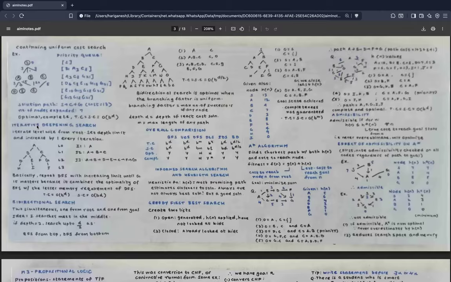Last is bidirectional search, which you probably won't see a lot of, but basically the principle is you do breadth first search from the top, and then you do depth first search from the bottom. So if there is a depth that is D, that shouldn't be depth equals 2, that should be depth equals D. So if you see here in the diagram that D is 1, 2, 3, 4, then you're going to want